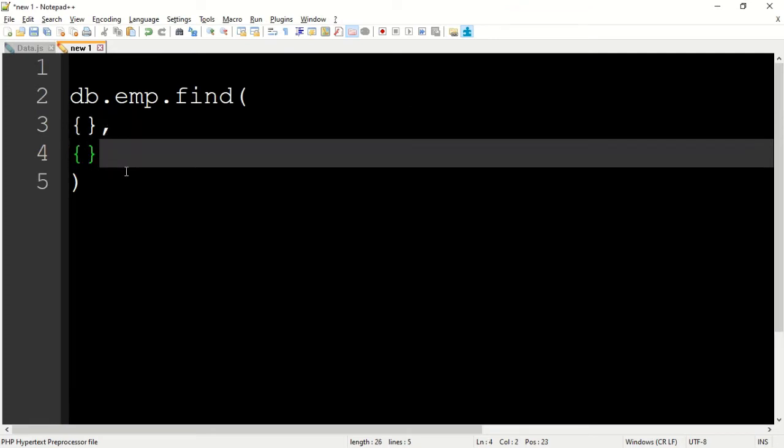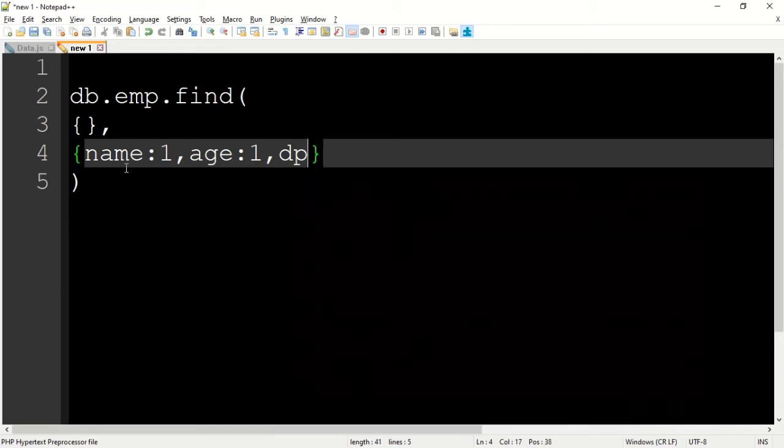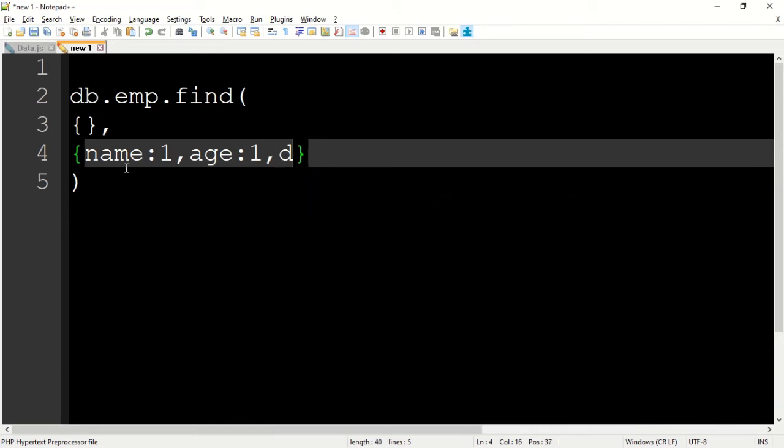Now in the projection part, I'll write the names of the fields to be displayed to reduce the number of columns. First name: 1, then age: 1, then DEPT: 1. What is DEPT? DEPT is the sub document inside our main document.